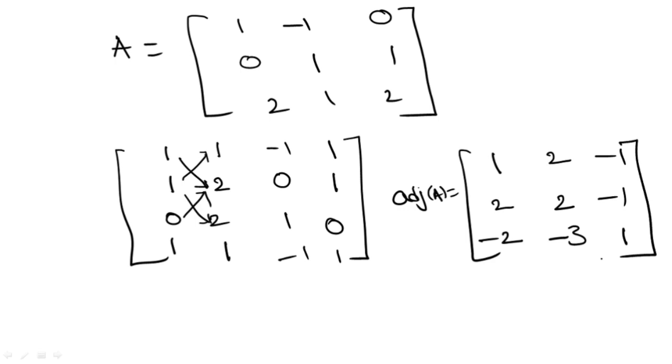So this is the way we can easily find the adjoint of any matrix, without bothering about minors, cofactors and all. Useful in GATE. There is one more process to find this, which I would like to tell you also.